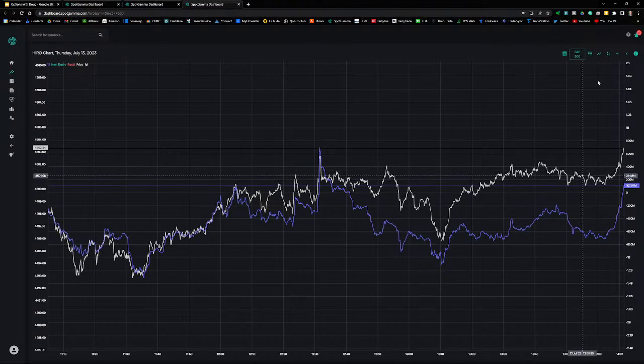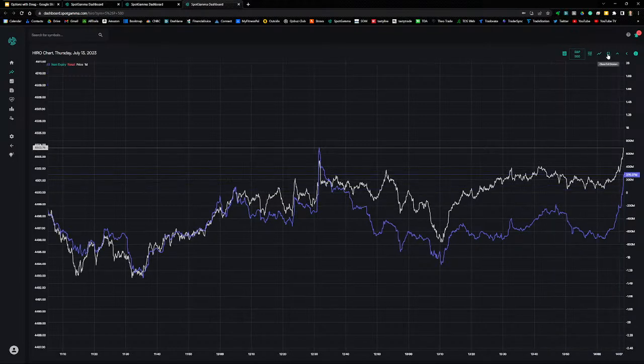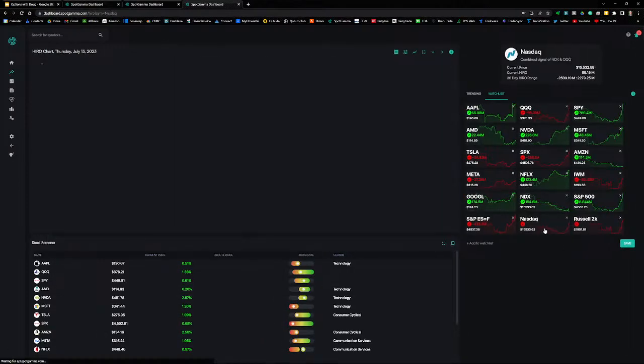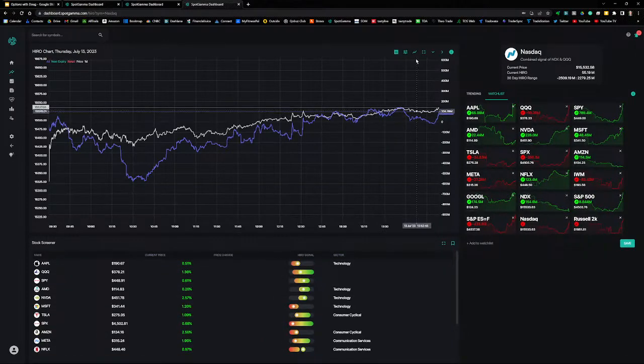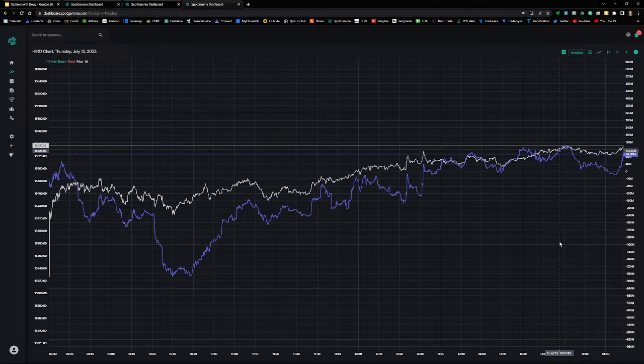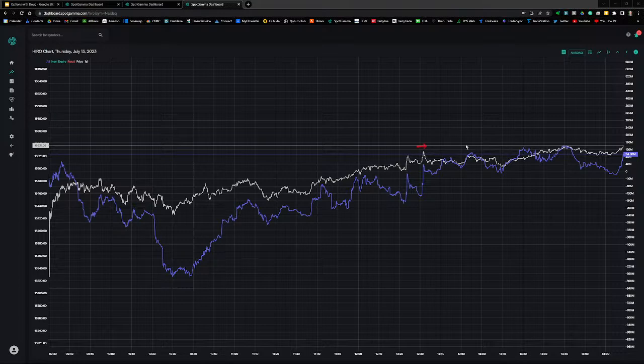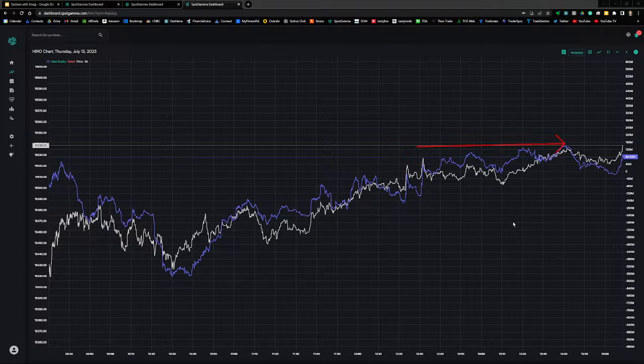So getting back to the time frames, in the afternoon, let me see if I can find a better example of this. So here's a good example right here. Here's Nasdaq. Here's the Hero signal for Nasdaq. So notice how it is pretty flat here, not giving a lot of information. Again, this is cumulative for the day. The 1 day rolling window period is accumulating all of the notional value for the entire day.